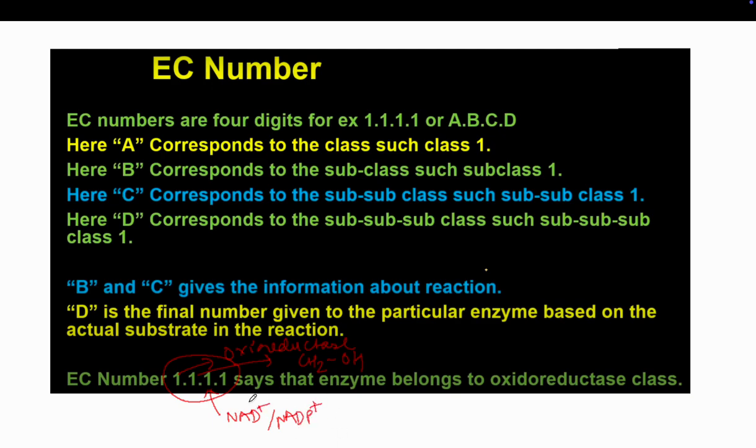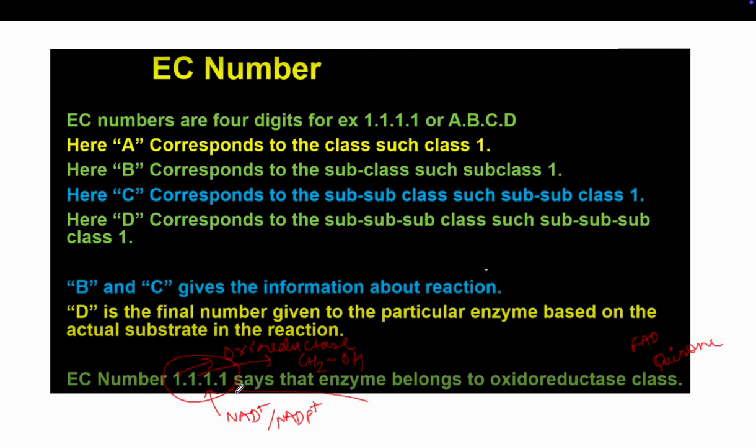Okay, NAD plus or NADP plus. If the electron donor is either NAD or NADP plus, then it will have a number 1 here, and the electron donor could be FAD also. Sometimes it could be other cofactors, like some cytochrome oxidases or different quinones. So there could be different electron donors, but here if it is NAD plus, it will have the value of